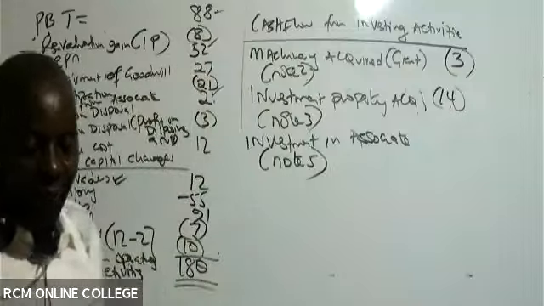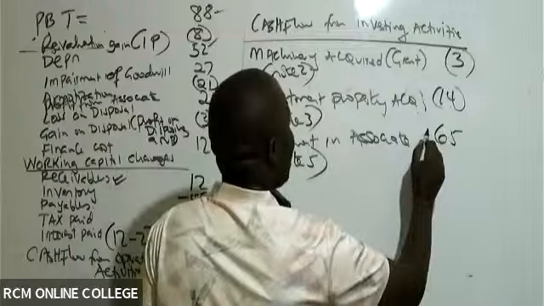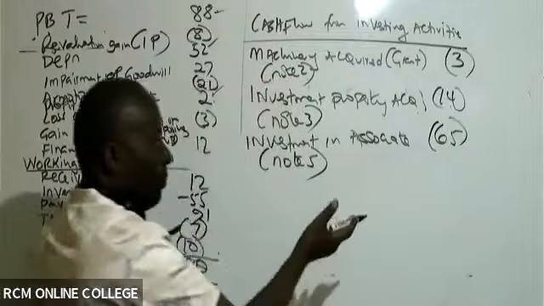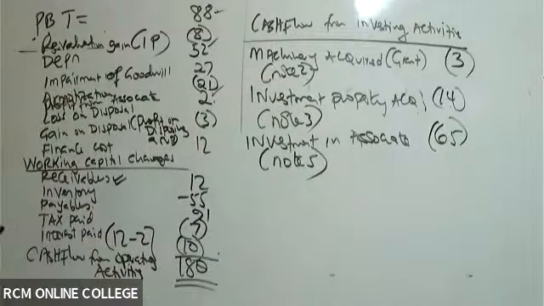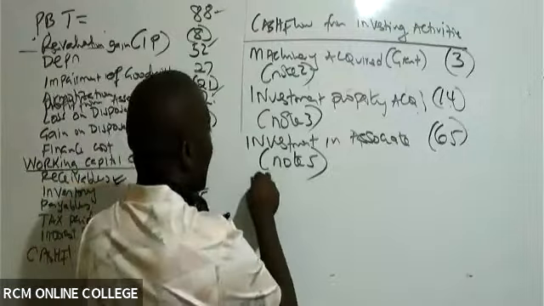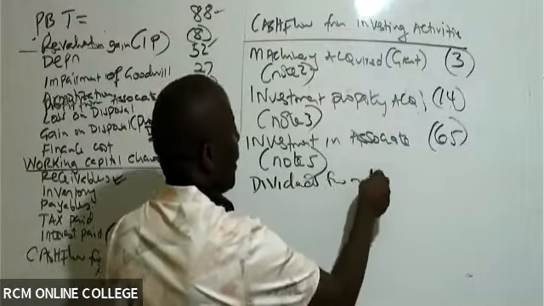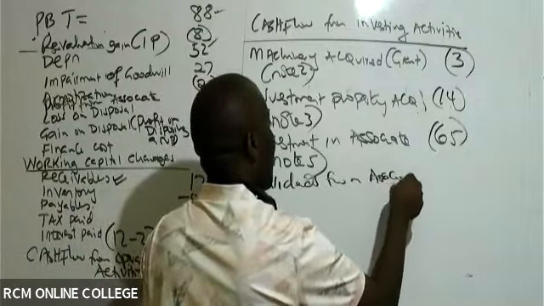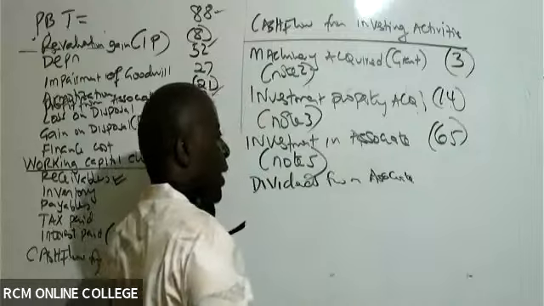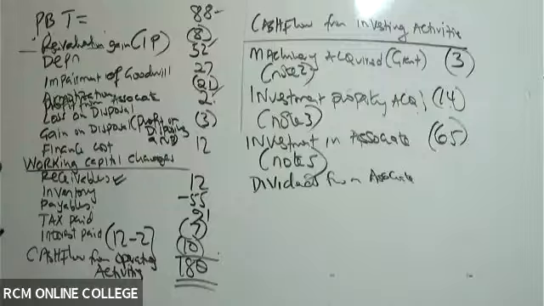So in this case, we are investing, buying shares in associates, so money is going out. Then of course, if we have these associates, we must receive dividends. So dividends from associates. This is normally a little bit complex working. In an exam, personally, I will not do it, but given that we are doing it here,